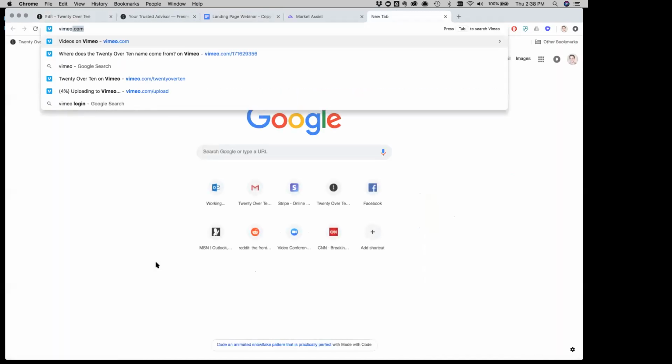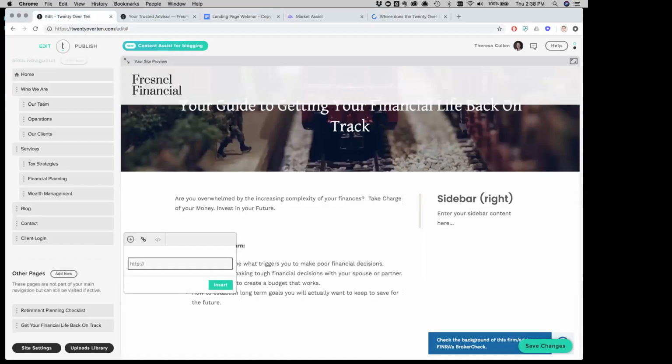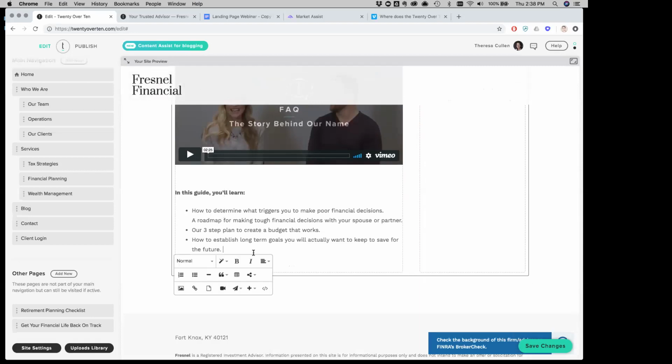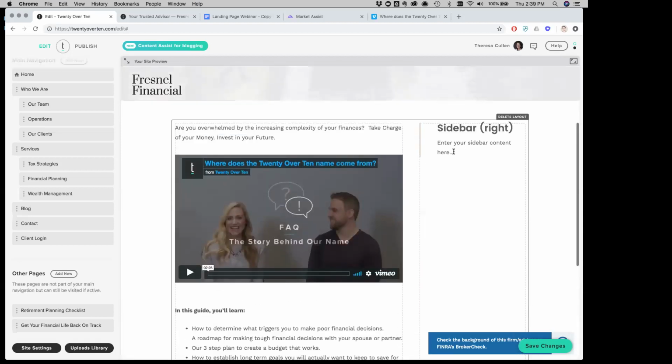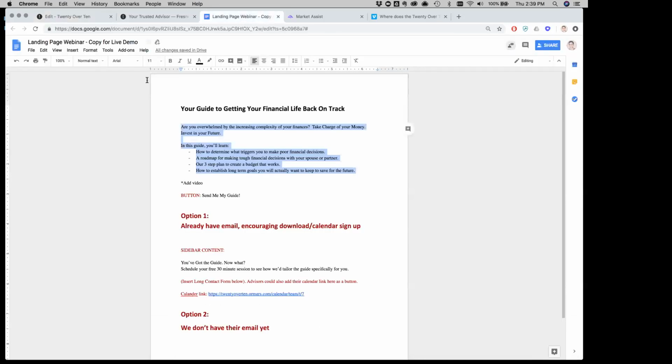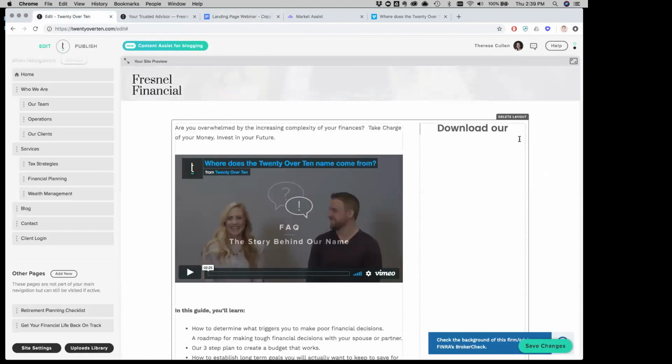And the nice thing that we do is, if you have your video hosted on Vimeo or YouTube, you don't need to mess with those messy embed codes. Just grab that URL. And boom, it's right there, right? We can add buttons. So if we want to say, download our, let's see what we're calling it here, download our guide, we can do that. We can add a button. We simply upload the file.